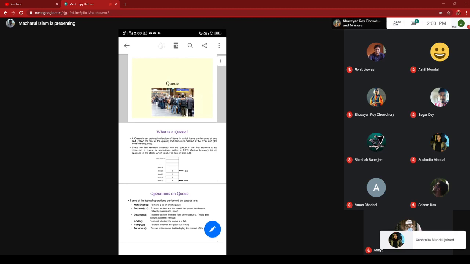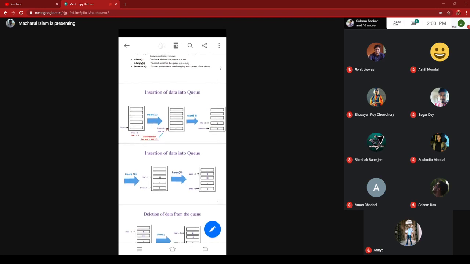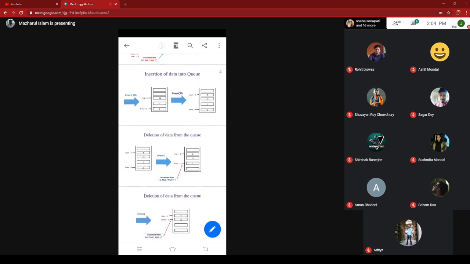When the first element is inserted, rear equals 0. Then the second element is inserted, rear is 1. Then the third element is inserted, rear is 2. Then the fourth element 8 is inserted, then rear is 3. In this way you can update the value of rear and then add a new element every time.